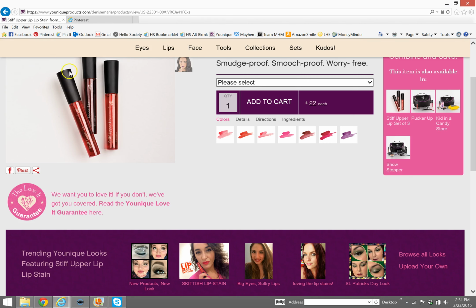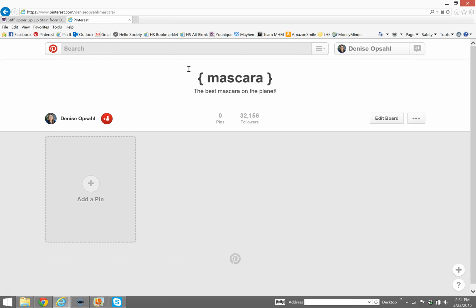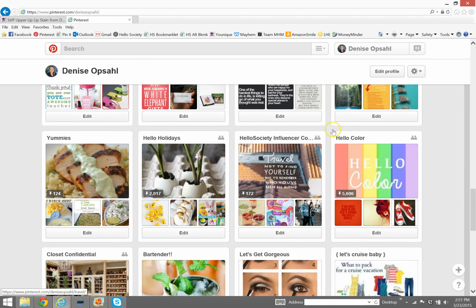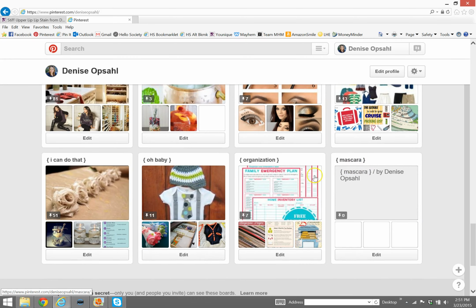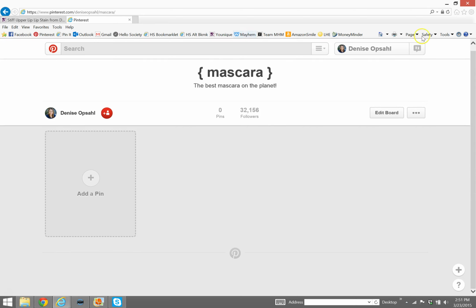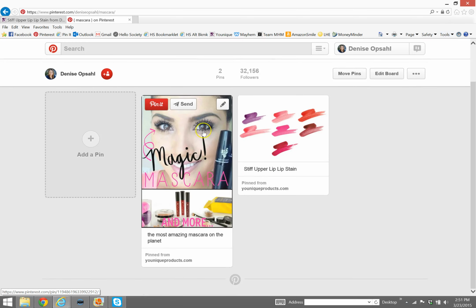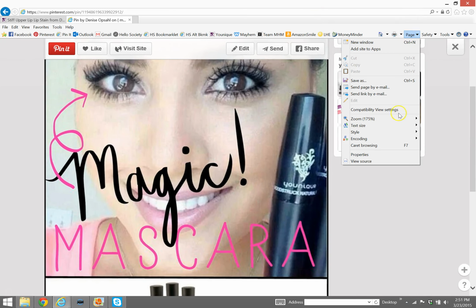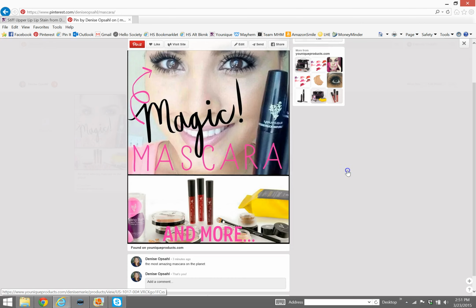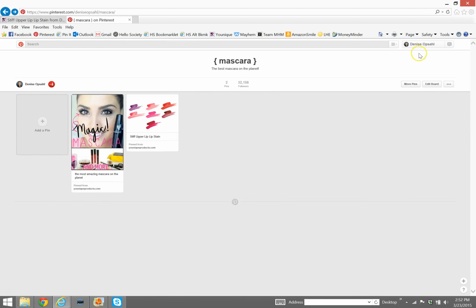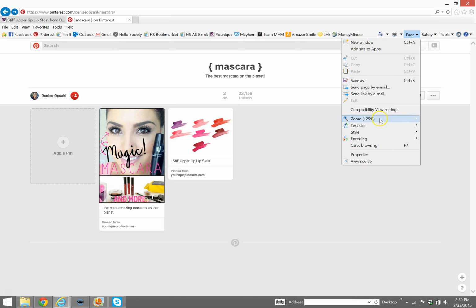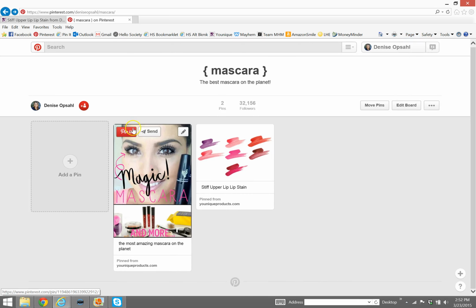Another thing that can be very helpful on Pinterest is, let's go back to that other pin, the one that I made myself. I'm not sure why they're not showing up here. Oh, they're there. So this one. Let's look at this one. Let's see if we can make this page smaller so you can see it all at once. There we go. Well, no, that's just tiny. The computer likes to play tricks on me sometimes, I tell you. Okay, so